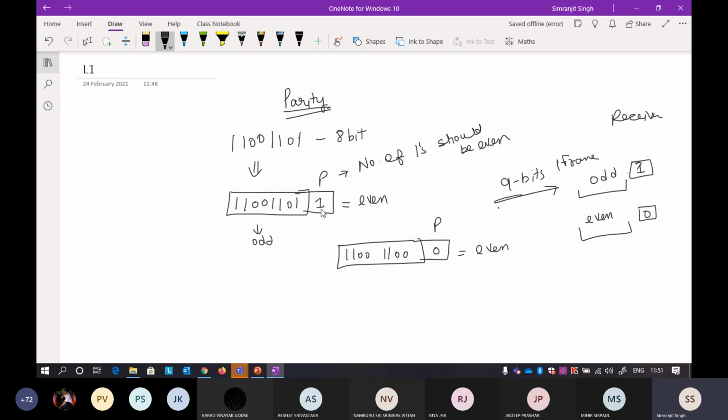Okay, so suppose this particular packet is received here, 11001101, and the parity bit that you get is 1. Based on this, the receiver knows that the data it received will be odd. The number of ones in this data will be odd. It will count 1, 2, 3, 4, 5, so it is odd, so it will say that